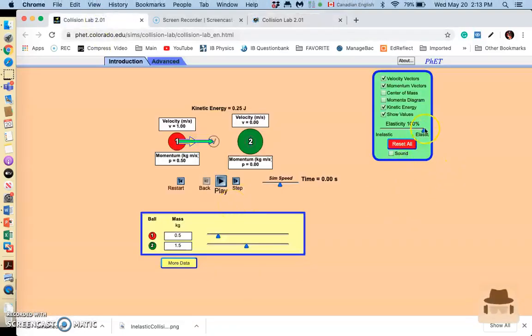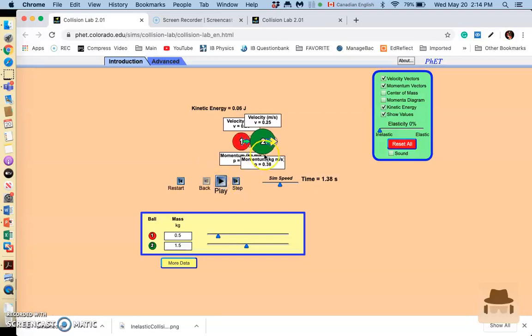We said if I have the collision inelastic, I just move this pointer here. Before the collision, you look at the momentum here: I have 0.5, and here I have 0. If you add them, it will give you 0.5, so momentum is conserved. Kinetic energy, you see the kinetic energy is 0.25. This is before collision. Now, this is inelastic. If I hit the play button,